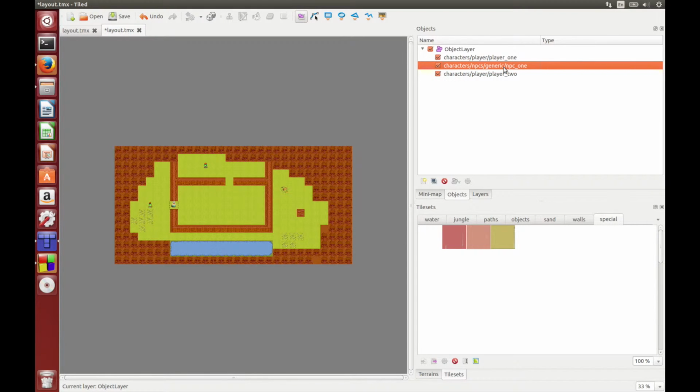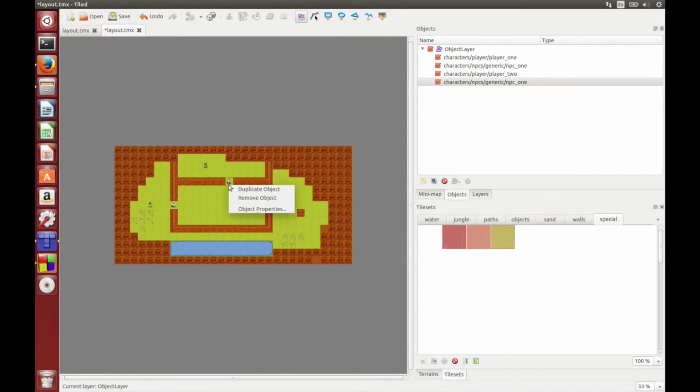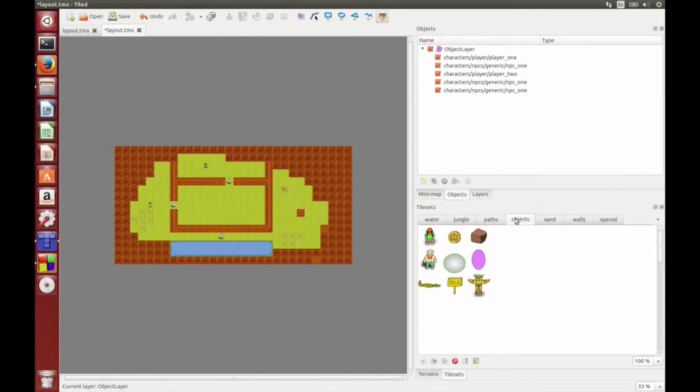I also want 2 more NPCs, so let's duplicate this. I'll put an NPC here, and I'll duplicate it again, and put one here. I also want to add a few crocodiles to the water. So let's have a crocodile here blocking your way, and a couple more crocodiles. Okay, and let's give the paths of those objects, so they are under characters, enemies,